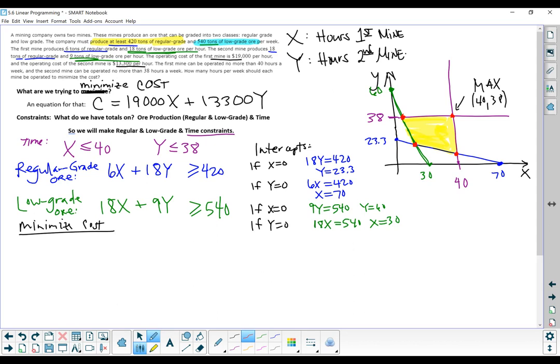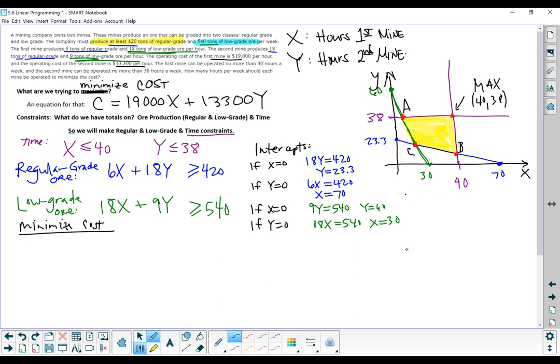Now, the tricky thing here is that none of those points are known points. Now, we know part of them, but we just don't know what their exact location is. So I'm going to label them. I'm going to label this one A, this one B, and this one C. Now, point A is not too hard to find